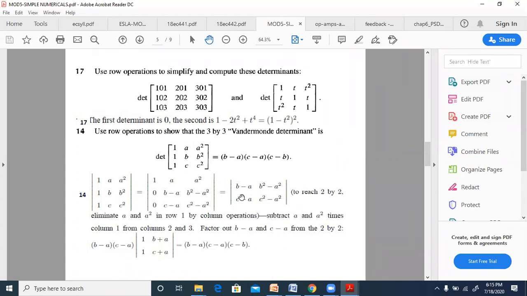The pivots there should become b minus a, into c minus a, into c minus b, if you try to do that. Once you do the operation and this becomes 0, you can just multiply all this, and that will give us the value, which is something like this. He might have done it by a slightly different method. Either you do this, but